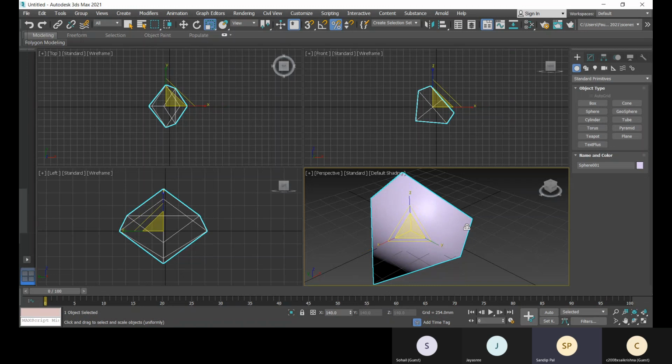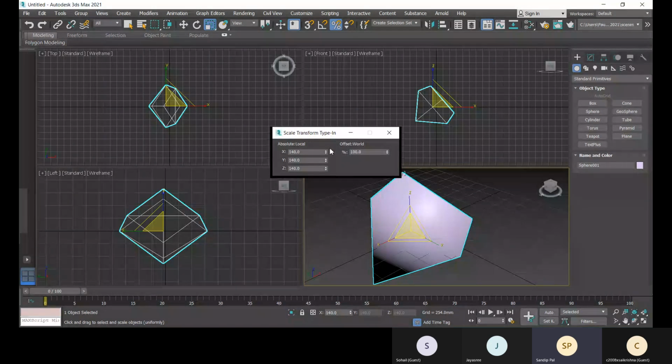Okay, so if you want to put the value directly, what can you do? Because the scale option is selected right now, if you press F12, F12 is the shortcut key for transform type-in for move, rotate, and scale. For these transformation tools, you can provide the value, right?